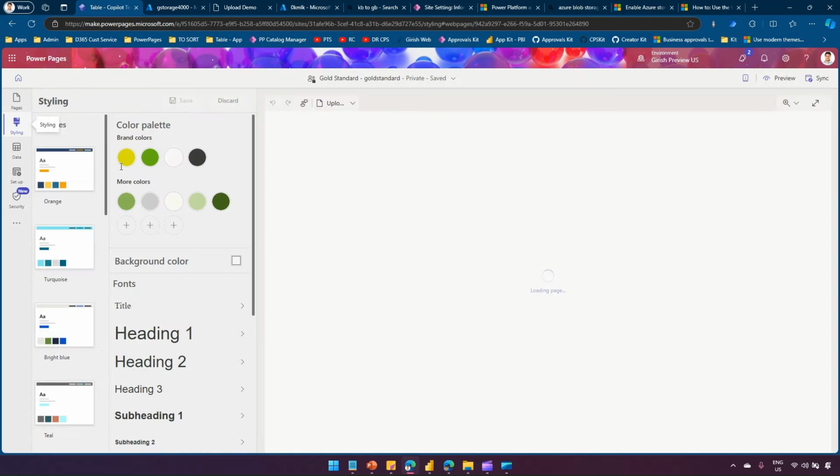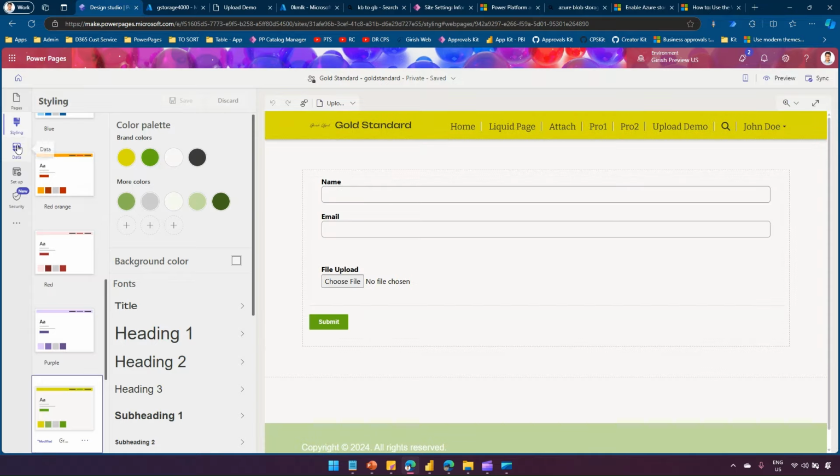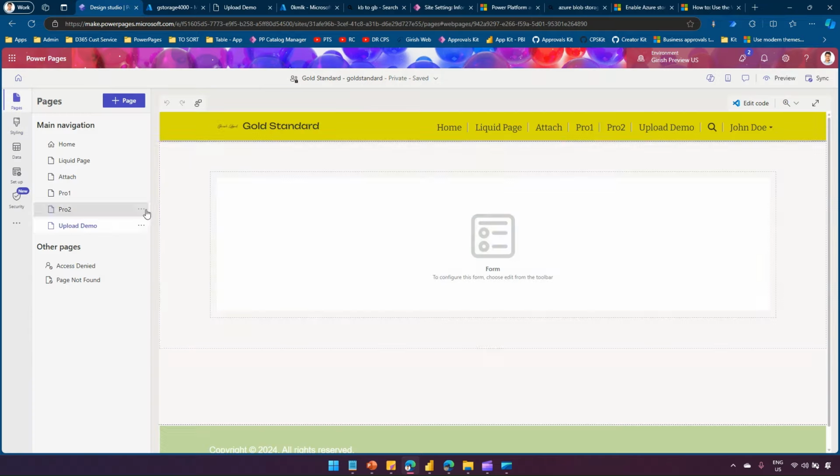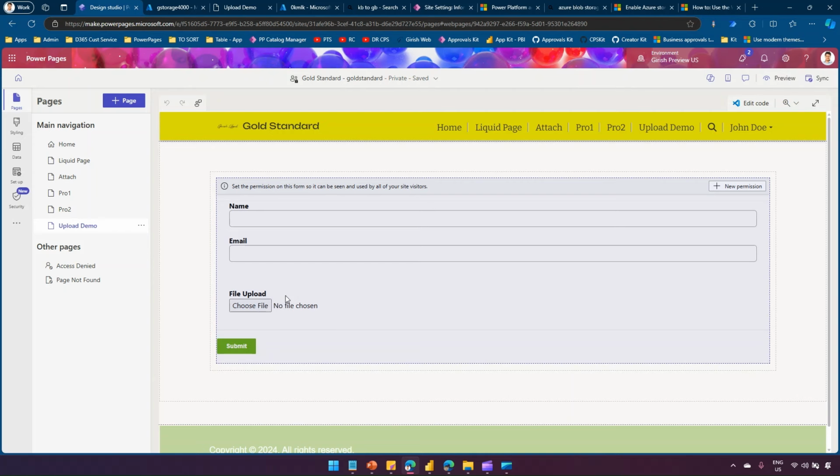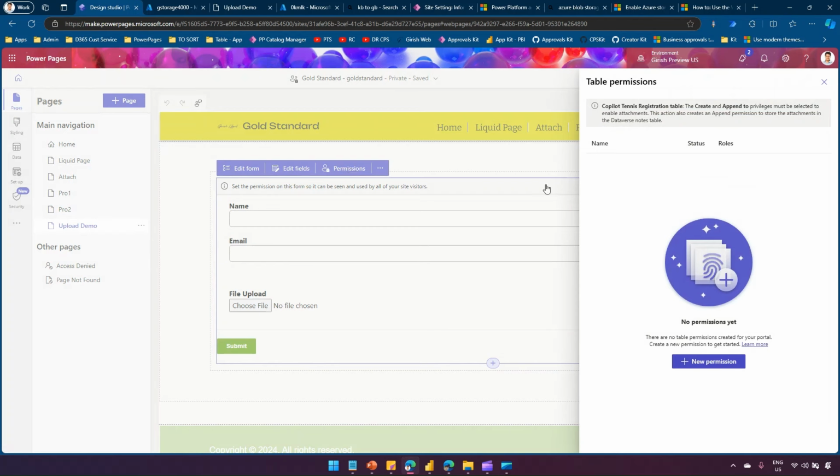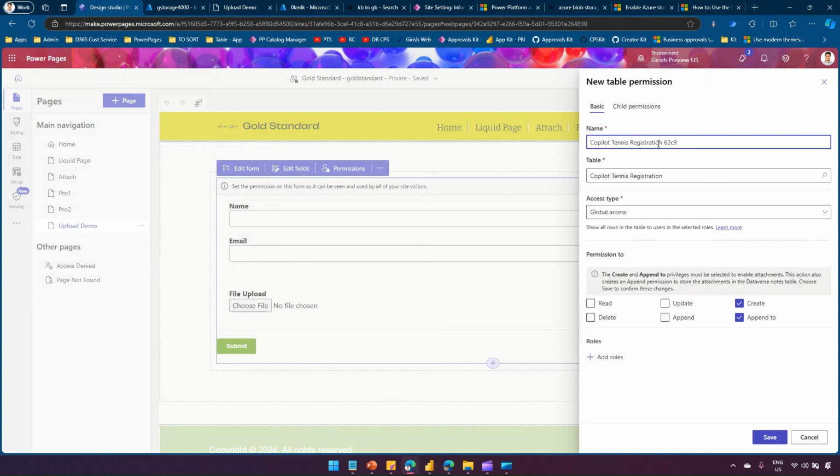But we have created an upload, we have created a control for upload, but that is not visible. Now there are a couple of things which we may need to do. One is, for this particular form, we need to set a permission. That permission is basically, we will create a permission, and we will call this Copilot tennis registration,